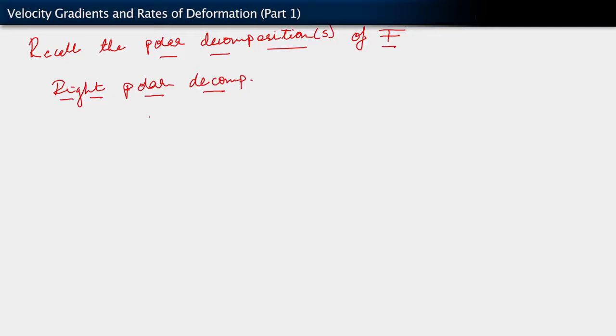All right, this is F, and remember that F is just partial of the motion with respect to reference position, and the right polar decomposition says that this is RU, where, as we made clear, R belongs to SO3,